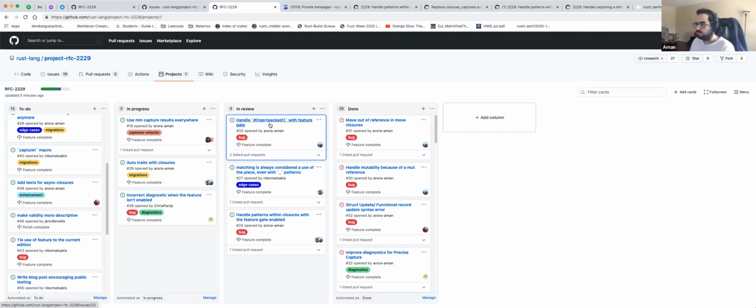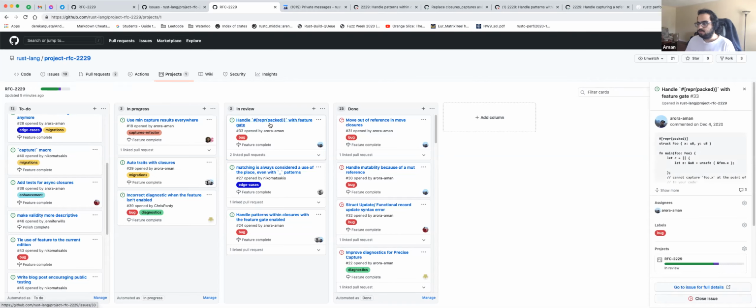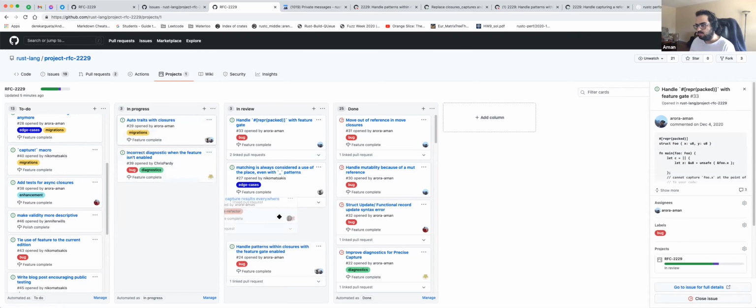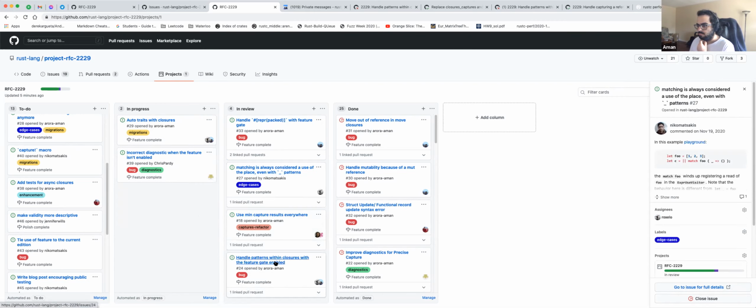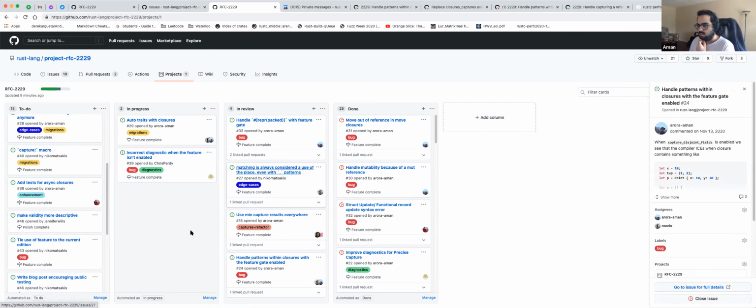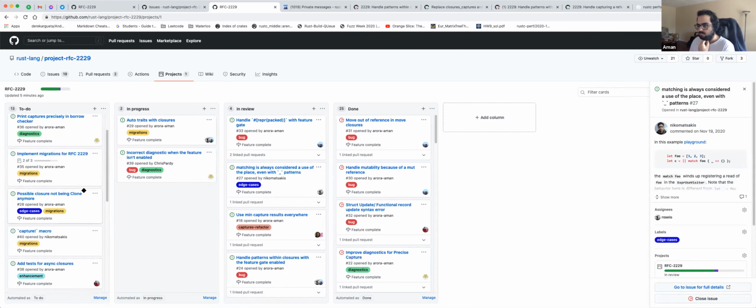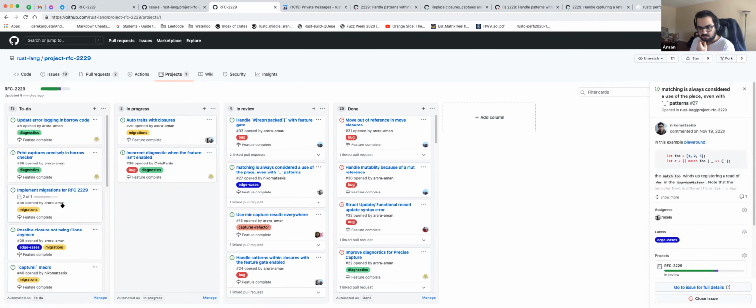So we have a PR for the handling of rubber pack structures. I think there was one comment on adding another comment, so I have done that. Oh, this should be in review. We also have a PR on getting rid of our old data structures and using the closure min captures everywhere. And Roxanne has a PR going for patterns. Everything is sort of to-do or in progress, but the general highlights are: